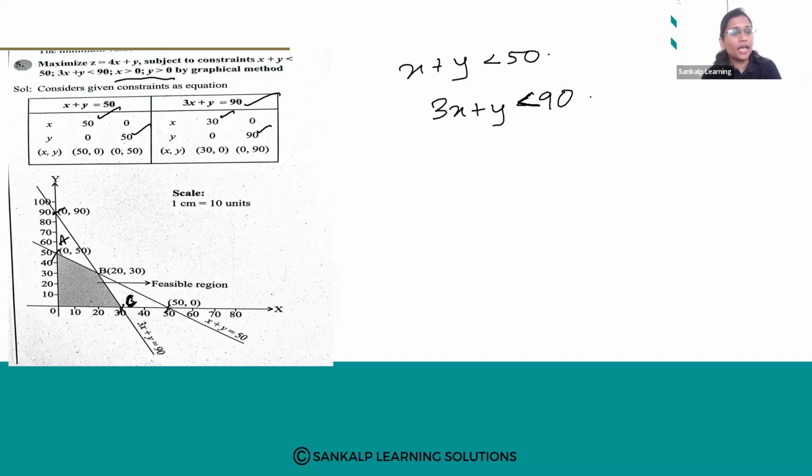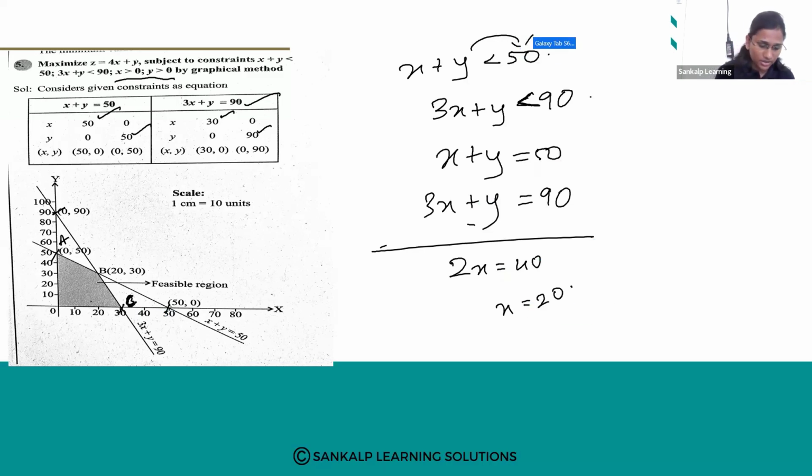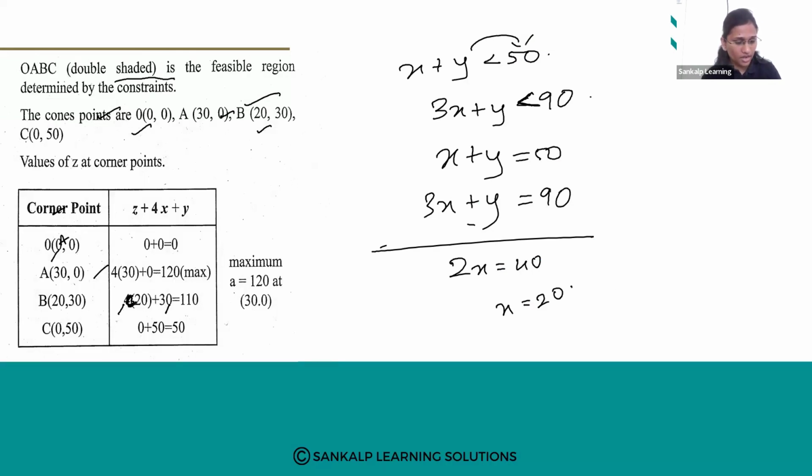Therefore the bounded region is A O C B A with corner points A of 0,50, O of 0,0, C of 30,0 and B is the intersection point ಹೌದಾ. So ಇದು intersection point ಅನ್ನ solve ಮಾಡ್ಕೊಂಡ್ರೆ, if I solve this, what it is, intersection point of both, so this is minus 2x so this is 40. ಹಾಗಾದ್ರೆ x ಎಷ್ಟಾಯ್ತು? 20 ಆಯ್ತು. x 20 ಆದ್ರೆ y will be 30. Therefore these are your corner points ಅನ್ನ ಹಾಕಿ substitute ಮಾಡಿದ್ರೆ